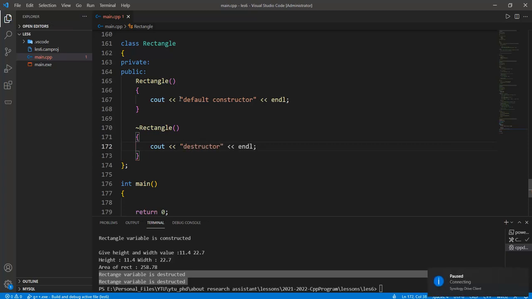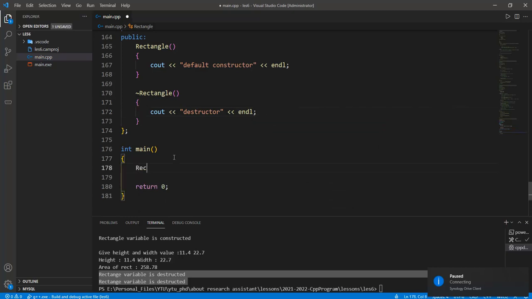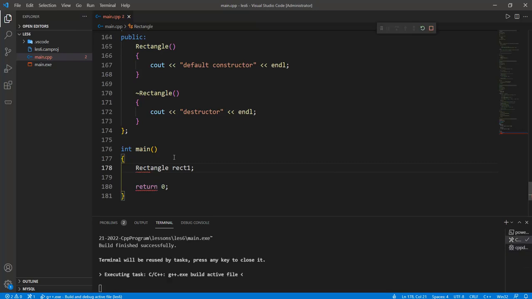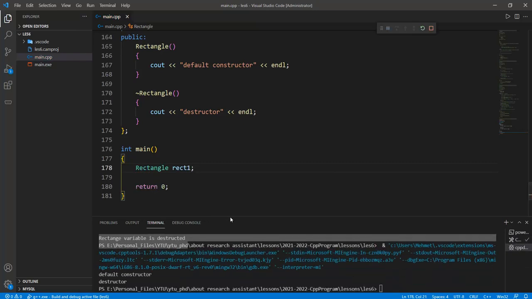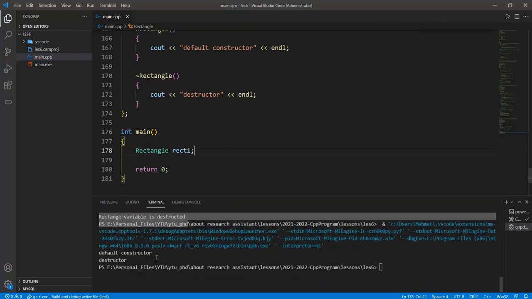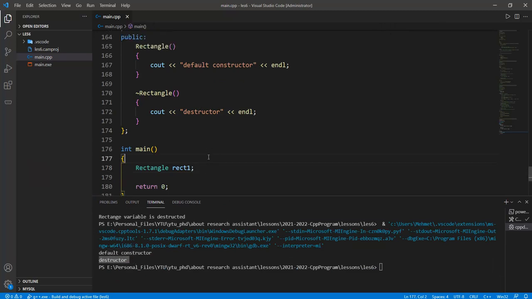in here. Okay, in the basic definition of the Rectangle class, rect1 is called with this notation, and so we have the default constructor and destructor in here, because at the beginning of this code this function is called, and at the end of this code this tilde Rectangle, or destructor, is called. Okay, but